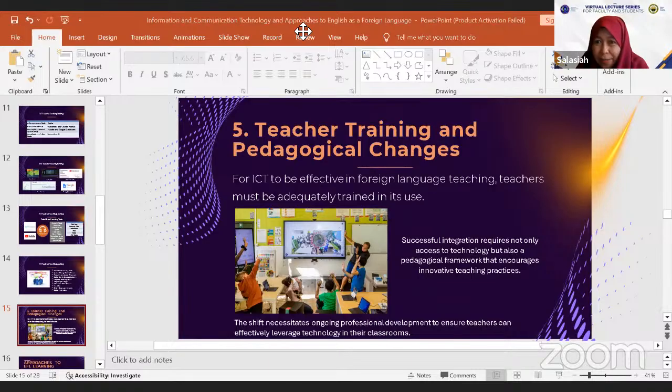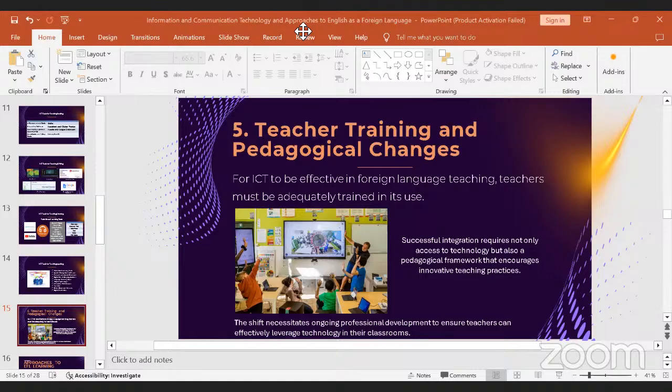Silakan, guys. If you would like to share about the use of ICT in your EFL classroom in Indonesian context. Siapa tahu ada yang mau berbagi, Bu Syakira mau tahu gitu, bagaimana ICT is implemented in EFL class. Come on. Wiwin, Pak Rahman, and others. Ma'am, may I? Yes, please.